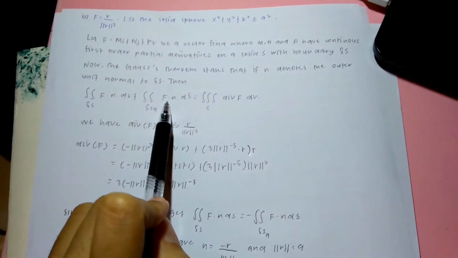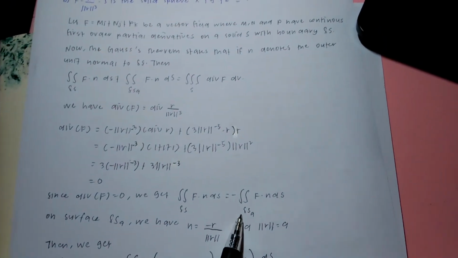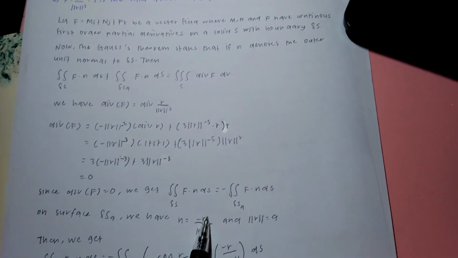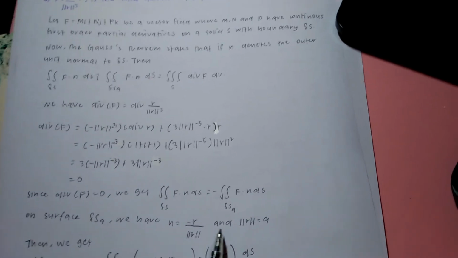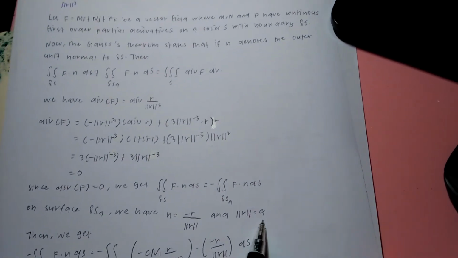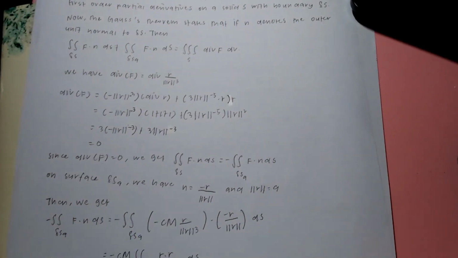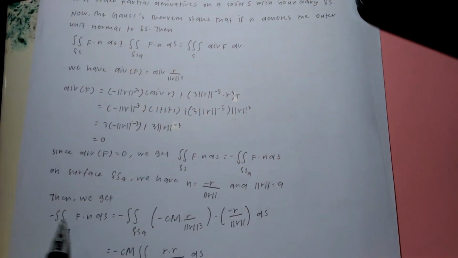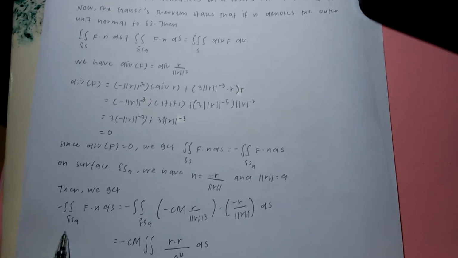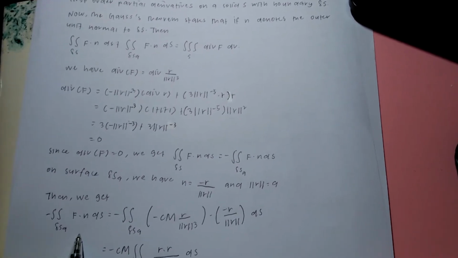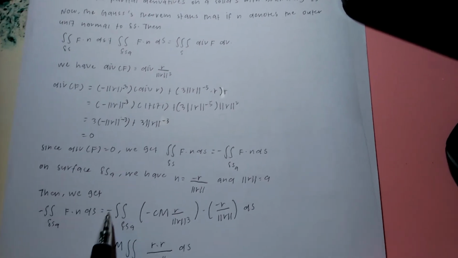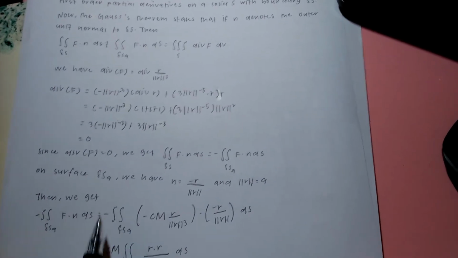We will bring this into here. Okay, then we get minus. On surface delta SA, we have n equals to minus r over magnitude of r, and we let magnitude r equals to a. Then we will get minus double integral fn ds in region delta SA equals to minus double integral